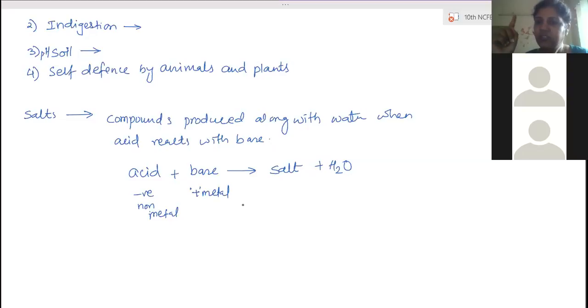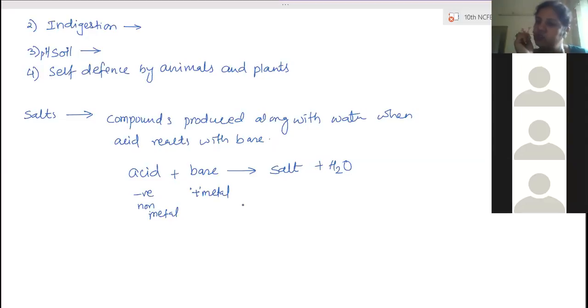So there are 2 reasons. One, in an aqueous solution, it will produce H plus ions. And the second reason is it is produced from a strong acid and a weak base. So therefore it has excess H plus ions in the aqueous solution of the salt, and therefore it is acidic in nature. Is the question clear? Is the answer clear? More than the question, the answer should be clear. So don't lose marks, write both the reasons. First is the presence of H plus ions. Second is the parent acid and parent base it is formed from.